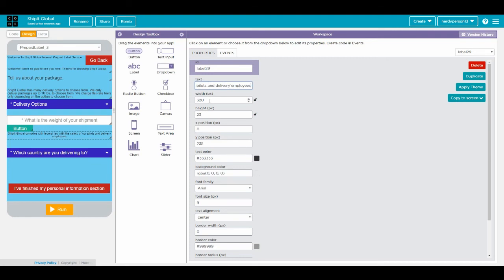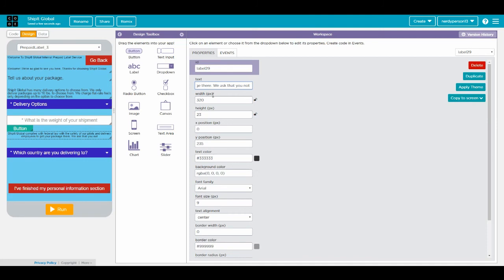Alright, ShipIt Global complies with federal law with the safety of our pilots and delivery employees to get your package there. We ask that you